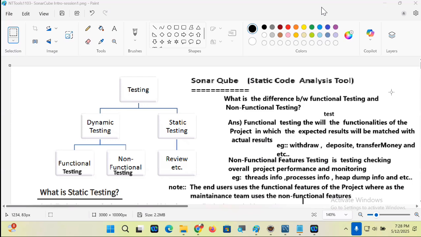Before compilation only, it will check whether coding standards and naming conventions are followed or not. That's why it is called a static code analysis tool. Static code analysis means without running or compiling the code, it will analyze the code, guys.